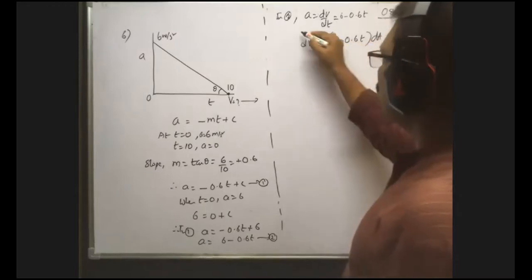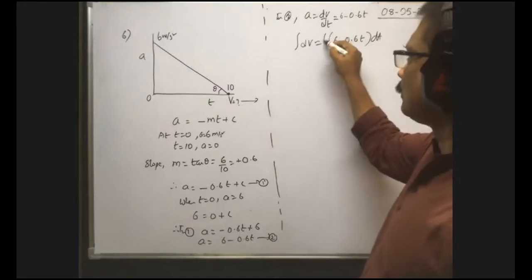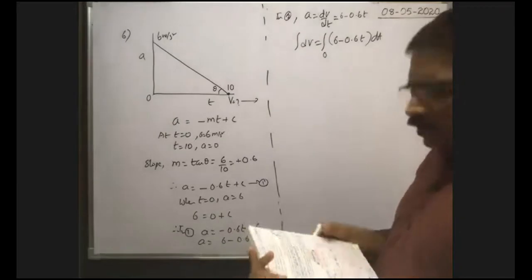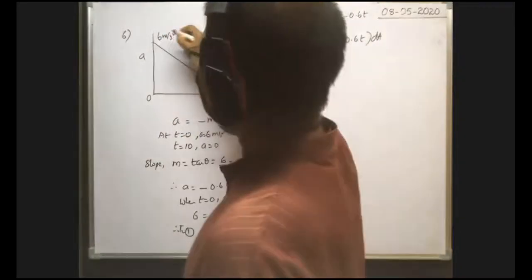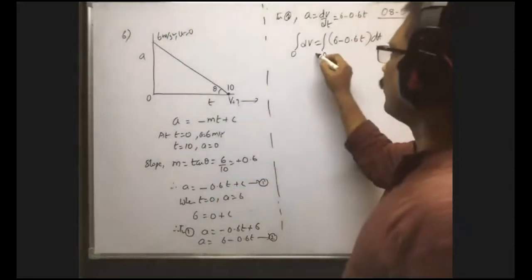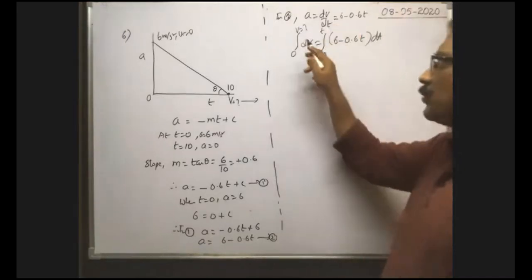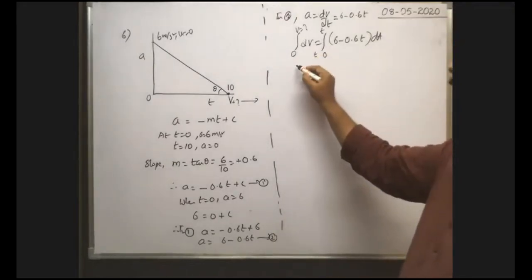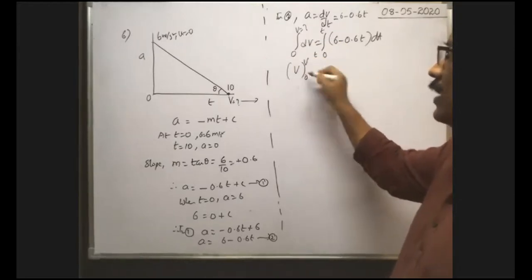To obtain v, dv is there, so we have to integrate them. Limits: at t is equal to 0, the car starts from rest. That means at this point acceleration is this one and velocity is 0, as given. That's why at t is equal to 0, velocity is 0. After time t seconds, what is the velocity? We have to find. Tell me, what is the integral of dv? Integral of dv is equal to v. When you substitute the limits 0 to v, you will get v minus 0, which means v only.